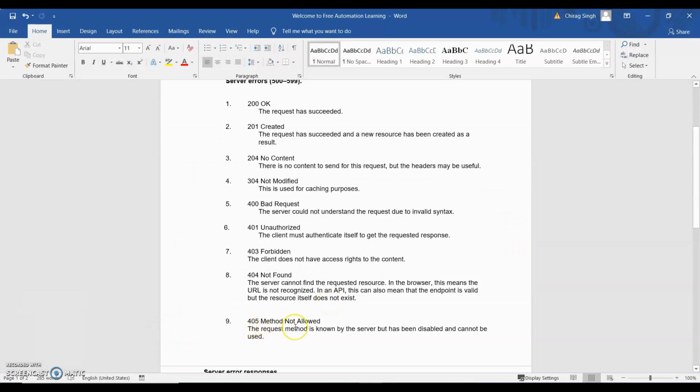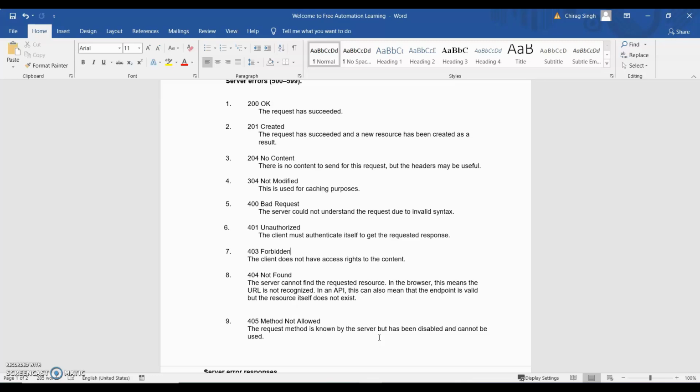405 method not allowed, what does 405 mean? It means the request method is known by the server but has been disabled or cannot be used. Suppose there is a method which I'm going to use, but it is known by the server, but currently it is disabled.